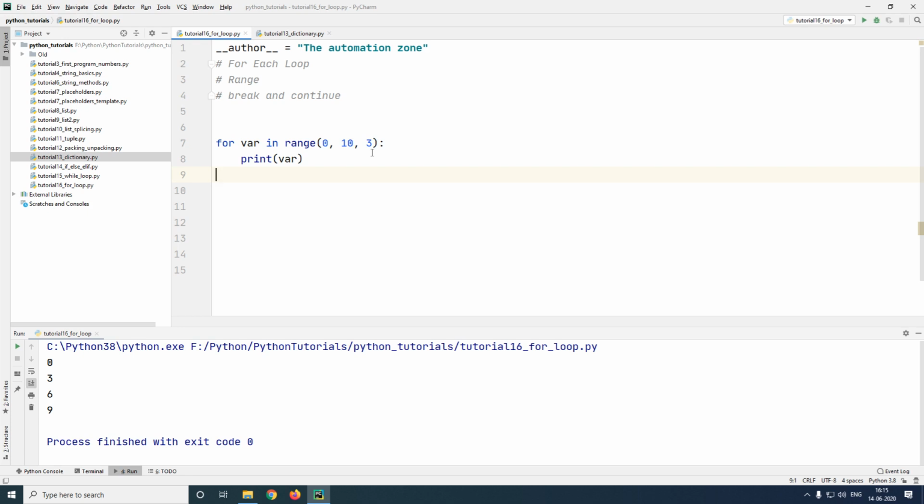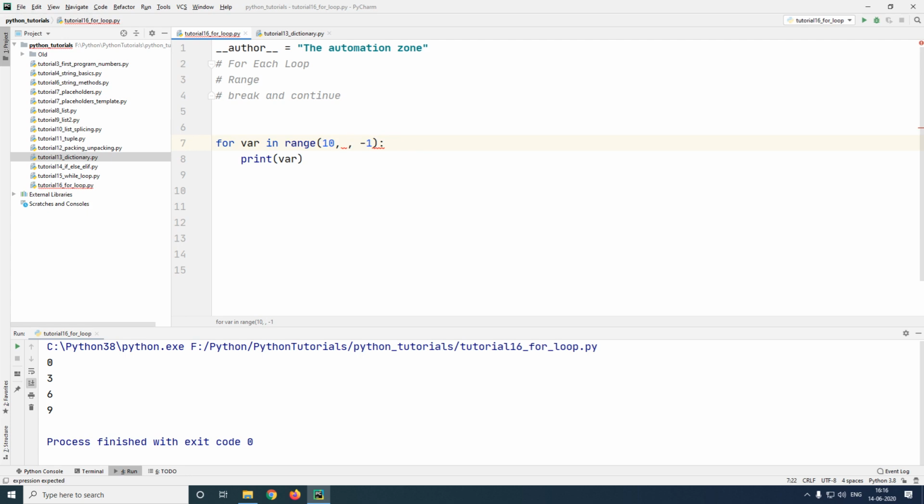The other thing which you should note is your incrementer can either be positive or negative. If you give a negative number, here, you are basically going to start in reverse. So in this case, make sure your starting number is a greater number. You're ending with a smaller number.